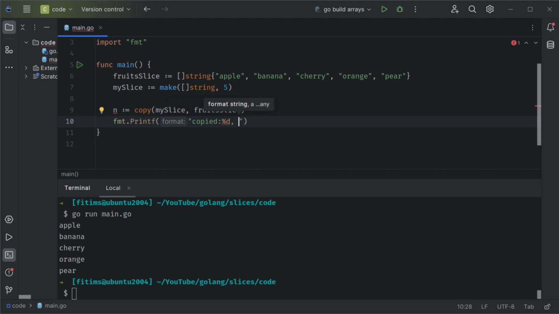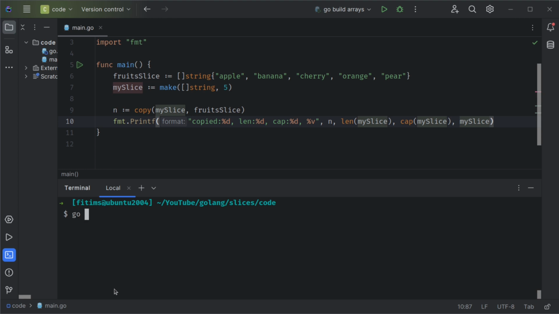as a number. Length of the slice is going to be number, capacity is going to be number, and the slice itself. So n, length of my slice, cap of my slice, and then the slice itself. So it's going to be my slice. Now if we run this function, so if we go run